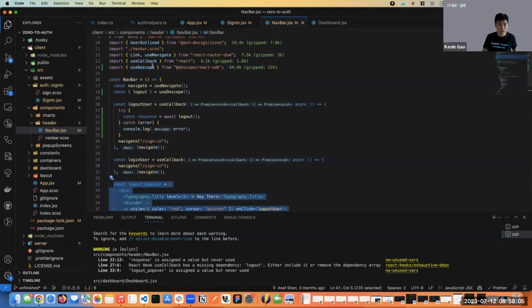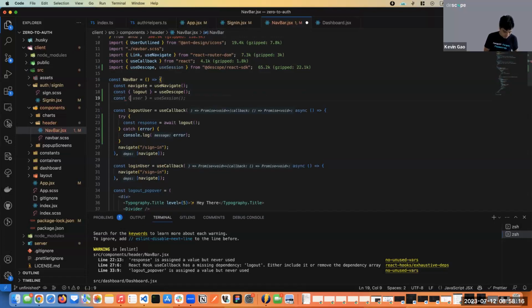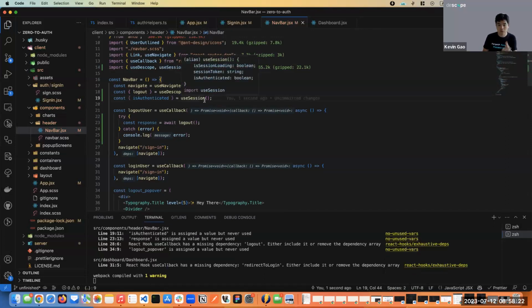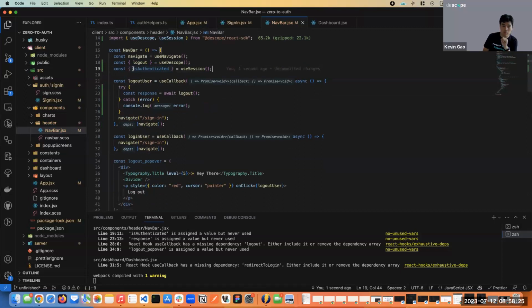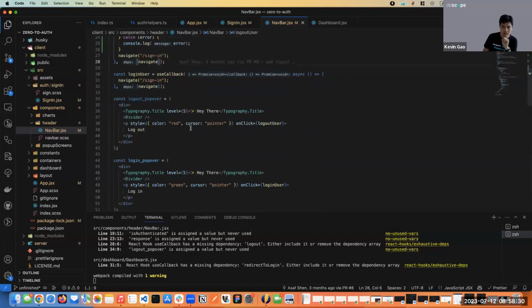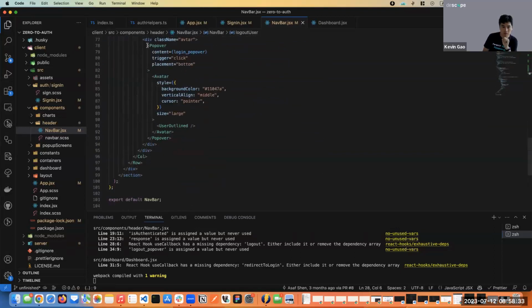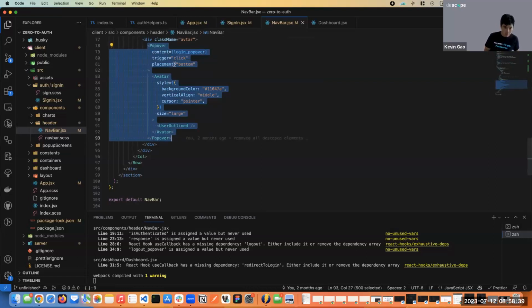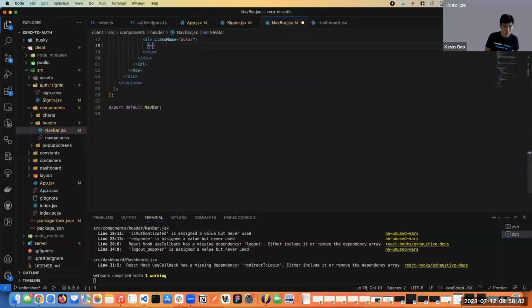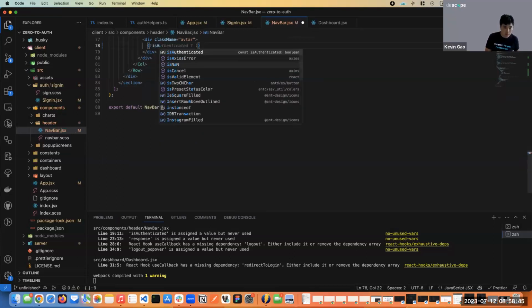And so the way we do that is we've got to import one more thing called useSession. This is actually going to give us session information. So current session information, if the user is logged in or not, would be an example of that. And then we're going to initialize a function called isAuthenticated using useSession. So this is what we'll actually use to verify whether or not the session token is valid in the front end. And then here, instead of just displaying the login popover, what we want to do is copy this and say, if the user is not authenticated,